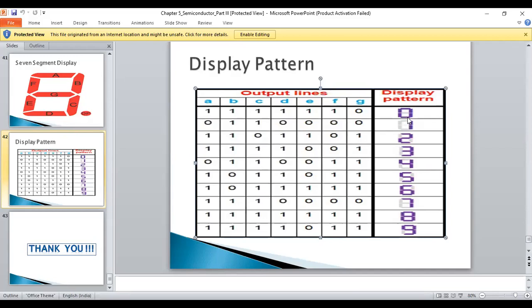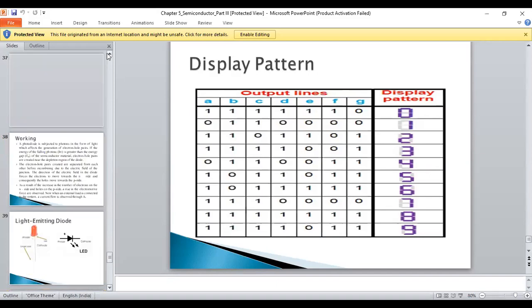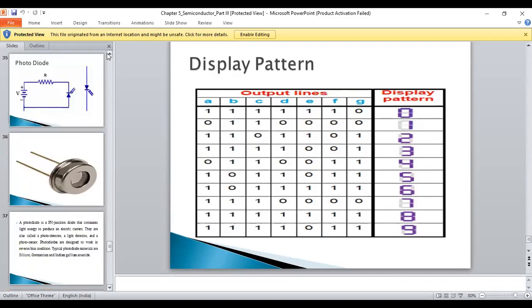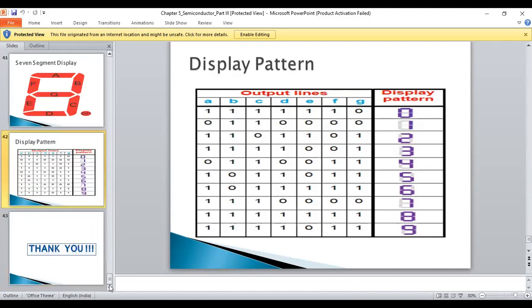So like that, all 7 segment display we are going to get 0 1 2 3 4 5 6 7 8 9 we are going to get here now. So in this operation we are going to consider common anode and common cathode we have considered here now. Common anode and common cathode we are going to consider.